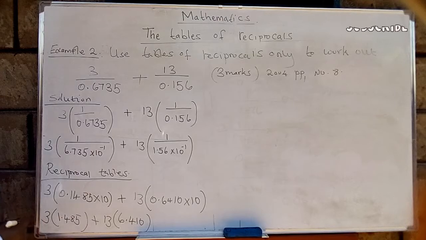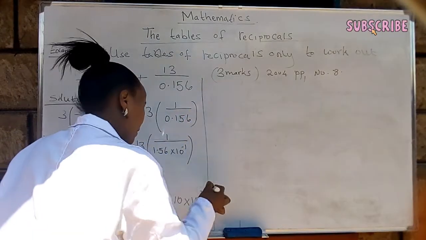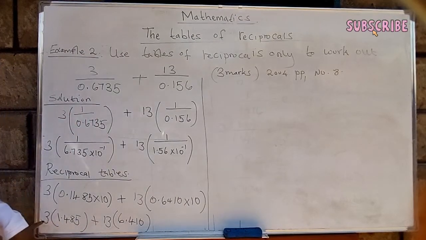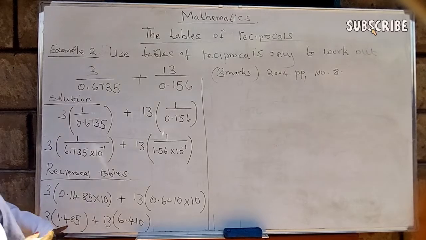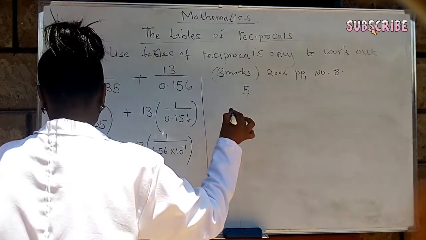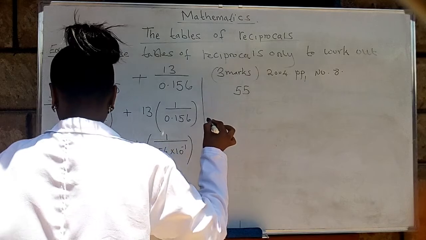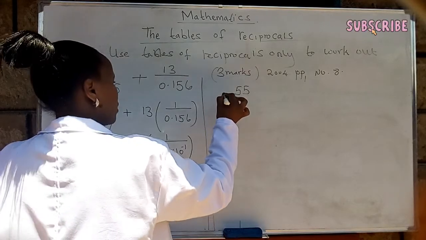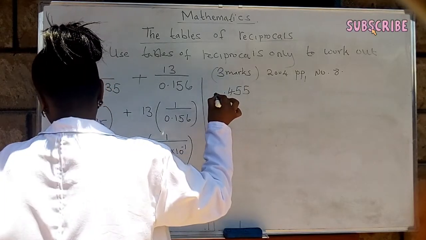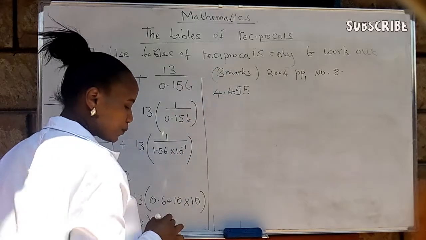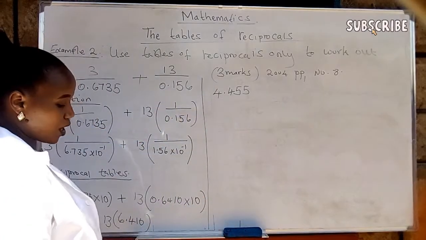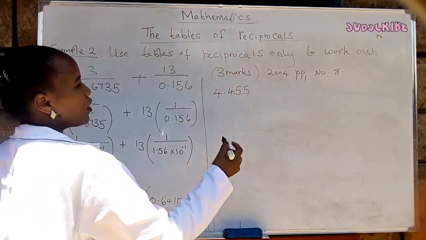So we proceed like that. So far so good. Now we are going to do the multiplication. We multiply 3 times 1.485. 3 times 5 is 15, carry 1; 3 times 8 is 24, 25, carry 2; 3 times 4 is 12, 14, carry 1; 3 times 1 is 3, plus 1 is 4. So we have 4.455 plus,